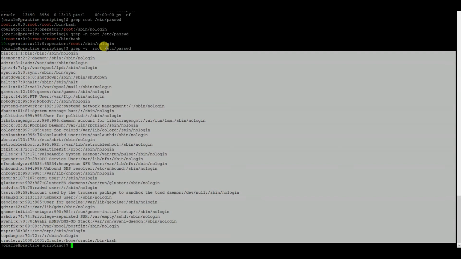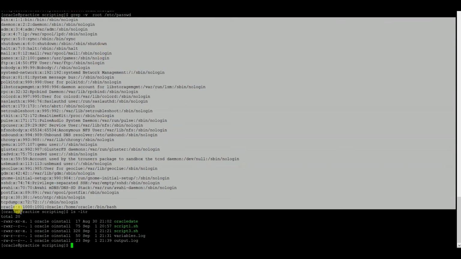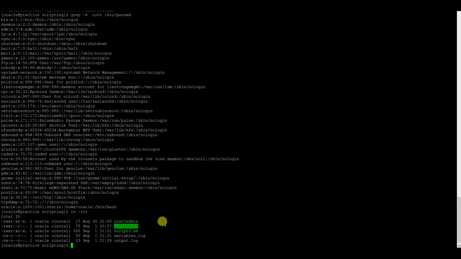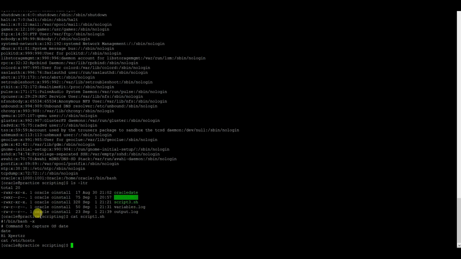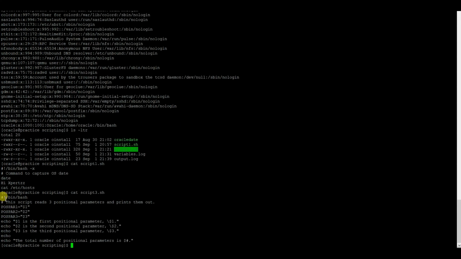Now if you want to grep from a group of files, how will you do it? Let us see. Here we have two scripts, script 1 and script 3. In script 1 we have bash, and in script 3 here too we have bash. Now what needs to be done? grep -i, then this is the thing which we need to search in here from my current directory, and the file name should end with stuff.sh. Then